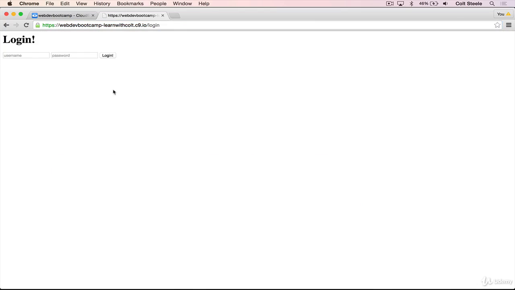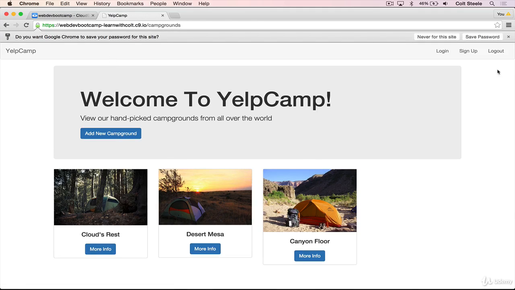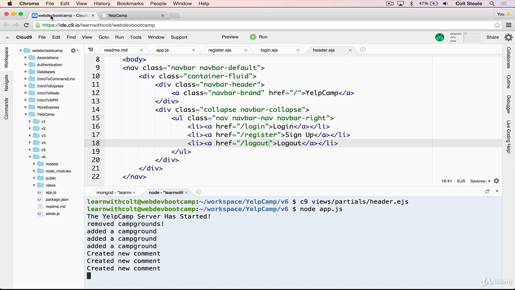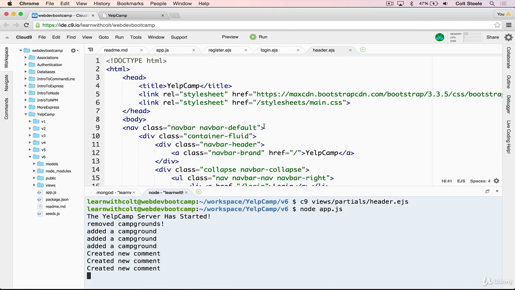So I can log in, and I'll log in as Severus with password as my password. And you'll notice we don't have the nav bar here, so we should do that next. Add in the nav bar. But now I should be able to log out, and if it works, I should be redirected back to the campgrounds page. So before we forget, let's go and add the layout files, the header and footer partials, to the